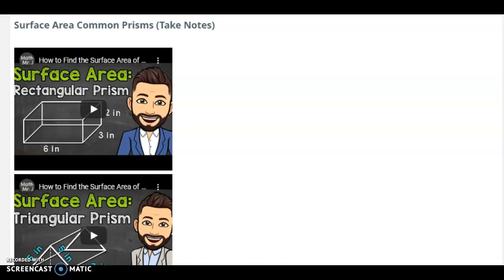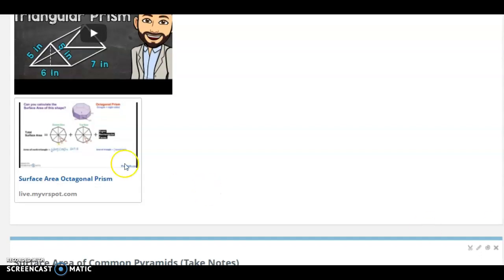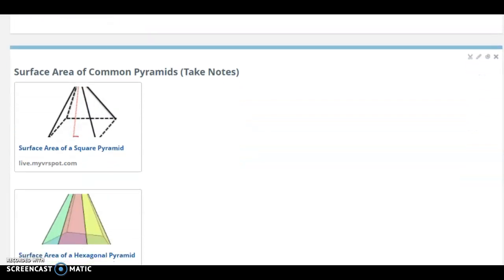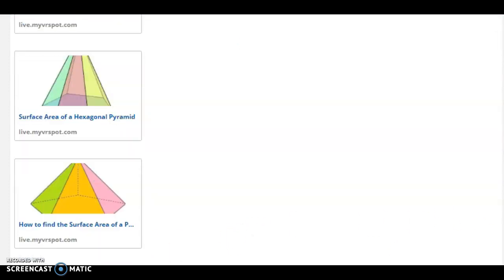And then here are some videos that go over actually calculating surface area in some good examples of rectangular prisms, triangular prisms, and then one I made on calculating surface area of a shape such as an octagonal prism. Then we're going to look at calculating surface area of pyramids. And so here is an example of a square pyramid calculation and a hexagonal pyramid calculation, and then a pentagonal